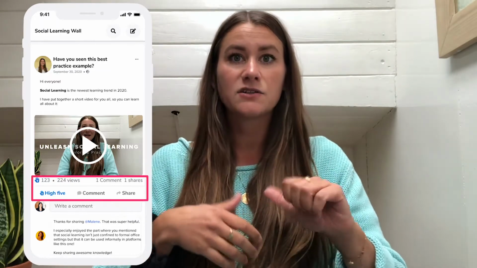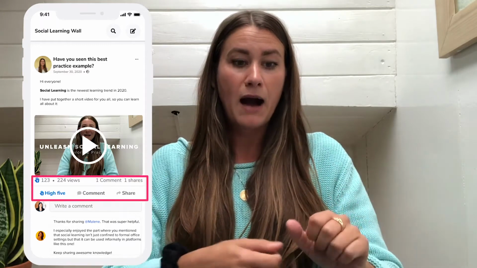It's on a small scale, but if I post on this social wall, for example, a new learning trend that I discovered that I thought would be really great for Learning Bank to know, my colleagues and my manager could like and share this post. And by them liking the post, it sends a signal of positive reinforcement to me saying, this is a behavior that I'm being rewarded for and that I therefore would like to continue doing.